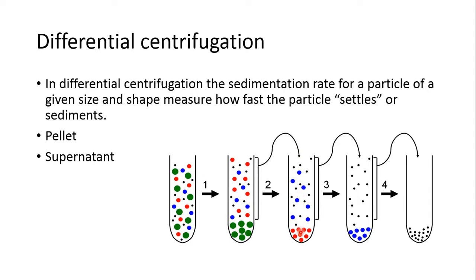Again we separate this pellet and put our supernatant into another tube and run it in the machine. Then the particles smaller than red are the blue particles. The blue particles will settle here, so it is our pellet and this is our supernatant. Again we separate this pellet and put this supernatant into another tube and run it in the centrifuge machine. Here all the small size particles present in that suspension will settle down. The last particles will also settle down here, so it is our pellet. Above, it is not shown, but there is a suspension, that is cytosol.